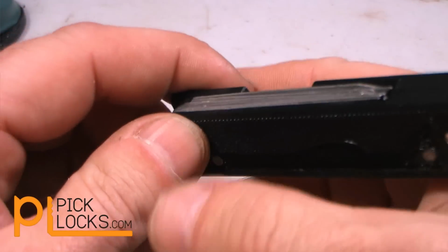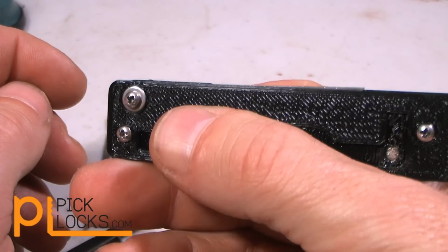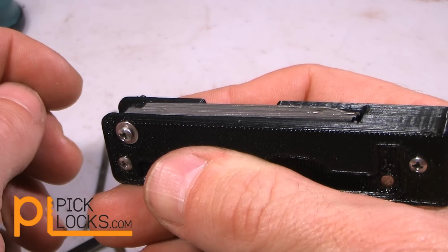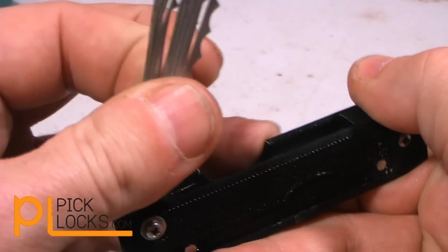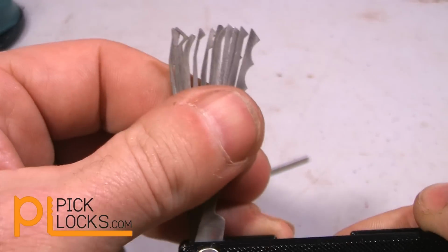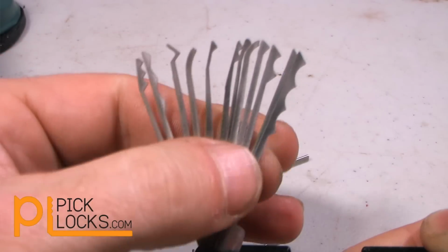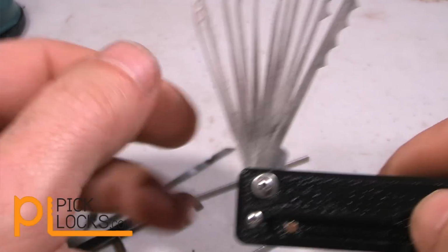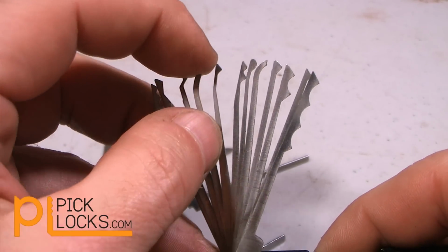So that allows you to put this into your hand when you're doing lifter picking, much like you would a standard size pick. Speaking of which, another problem I had with the other jackknives that were on the market is that the picks were shorter. They were shorter here, which means they didn't stick out very far on the end, and I did actually run into